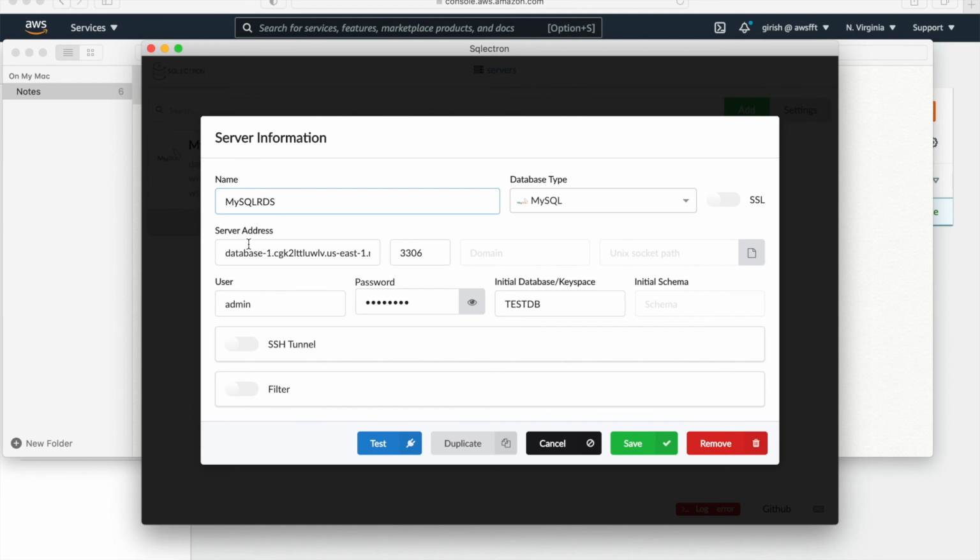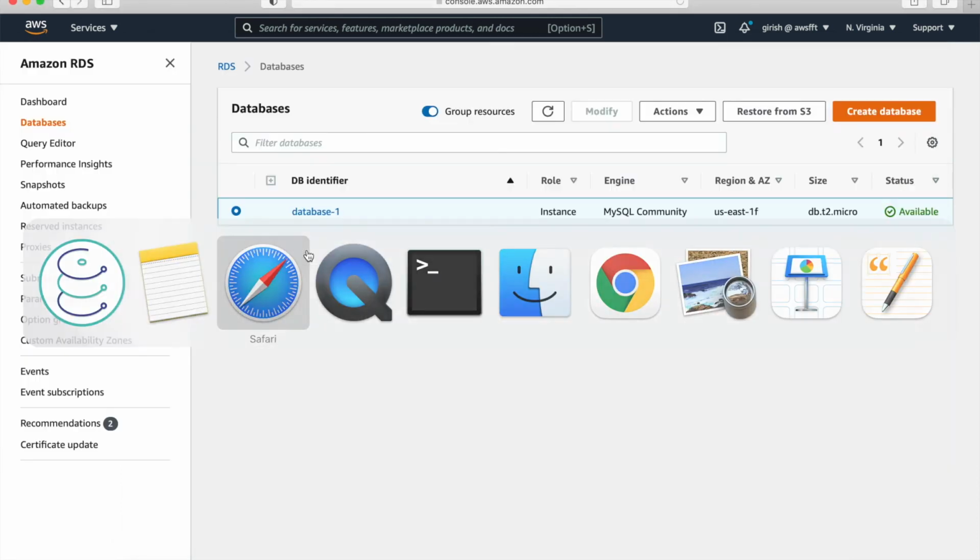Give some name, then choose the database type, which is MySQL here. Then you will need the server address, port, and the user account you will use to connect. Here we have the admin user we created when we created the instance, so you can give that username and password here. The other thing is the database name where you want to connect, testdb in this case.